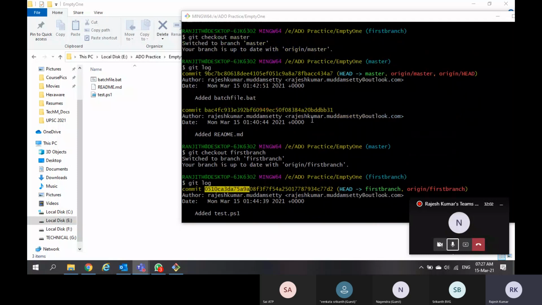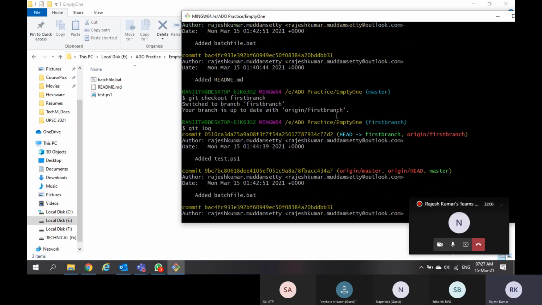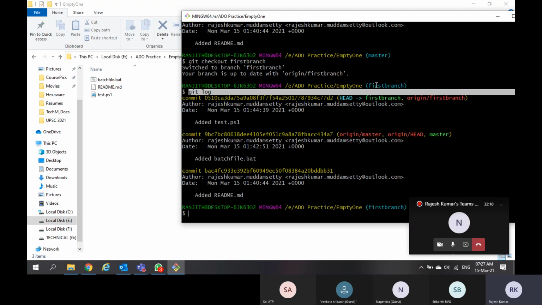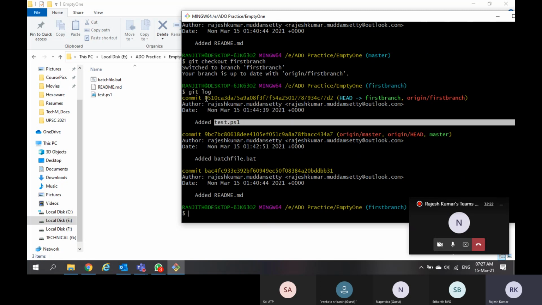So what I am saying is, I verified the commits in master branch. I have two commits in master branch and I verified the commits in first branch. There are three commits. To verify the commits in a branch, the command is git log. So the moment I merge first branch with master branch, I will not only get this file, I will get this commit as well.